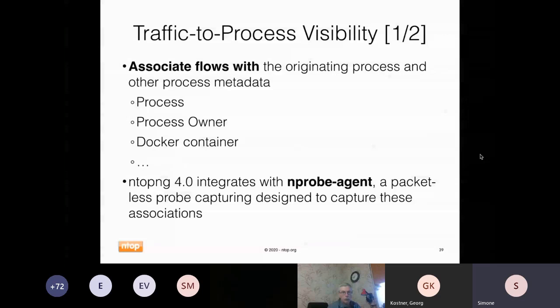Last but not least, in ntopng 4.0 you can find traffic-to-process visibility. What does it mean? It means that you can associate flows with their originating processes and other process metadata. So this activity basically boils down to associating to any communication in the network a username, a process ID, and, if you use containers, also the container IDs or other container metadata. So it adds to the context of the network also the context of who is responsible for the generation of a particular network traffic. And how can we do this? We do this